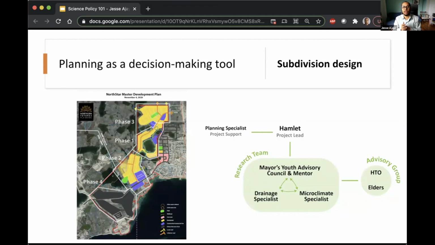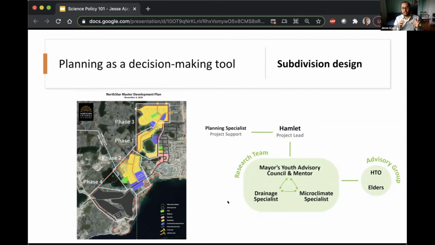And then this year, we secured funding from the Climate Change Preparedness for the North Fund to do a bit more rigorous analysis that involves scientists, that involves the youth in the community. So that's this little green blob here in the middle that draws together the youth as well as engineers and scientists